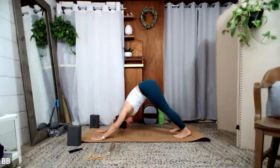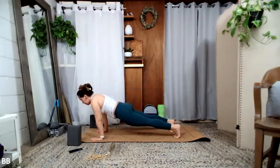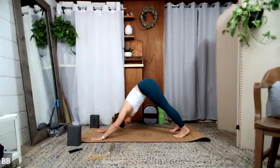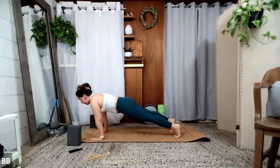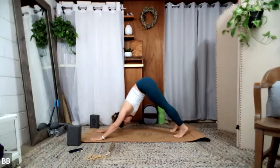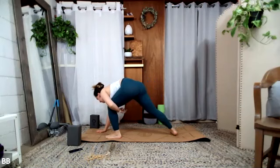Vinyasa, inhale, high plank. So if you take this variation, exhale, it just means you're going to hang out in downward dog a little bit longer, but you're still going to keep up with the class. Inhale, high plank, vinyasa. Exhale, downward dog. Perfect. This time we're going to step the left foot forward, taking our prasarita to the other